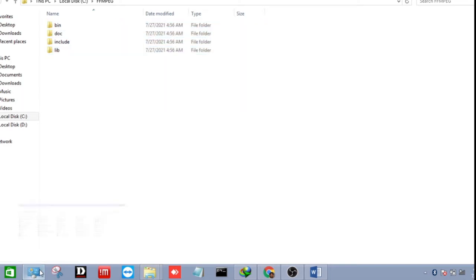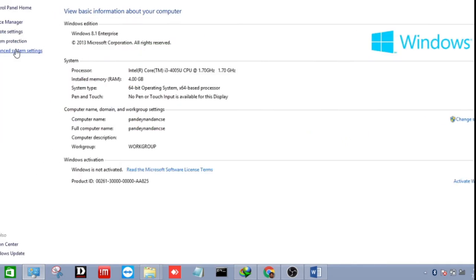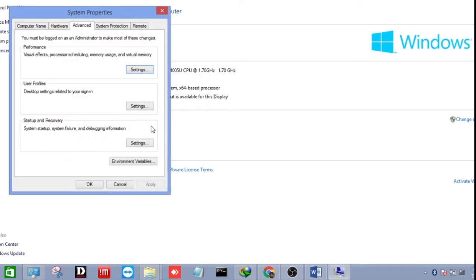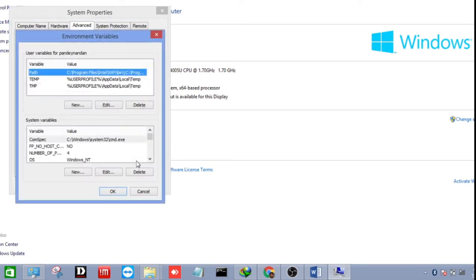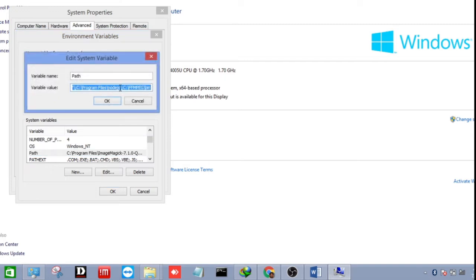Open the control panel. From here, go to the system and then navigate to advanced system settings. This is the environment variables. Click on it. After that, you can see user variables and system variables sections. If you are using Windows 7 or 8, then come to the system variable, and under the path you can search for here. This is the path. Double click on it and go to the last part.